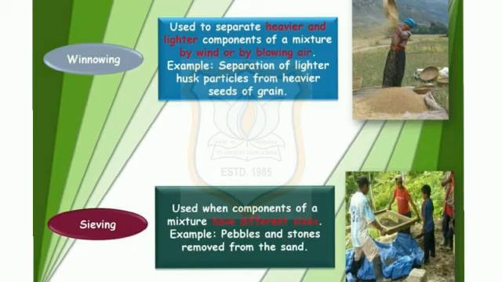In activity 4, bring a sieve and a small quantity of flour from home to the class. Sieve that flour to separate any impurities in it. Now make a fine powder of a chalk piece and mix it with the flour. Can you separate the flour and the powder of chalk by sieving? Sieving is used when components of a mixture have different sizes. Only then is it possible to separate a mixture by sieving.